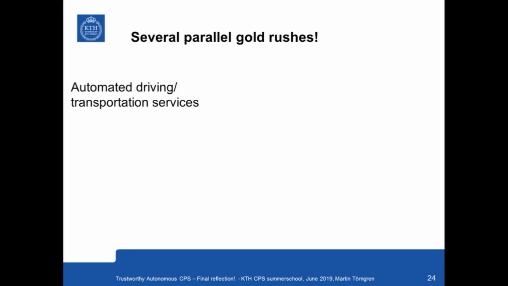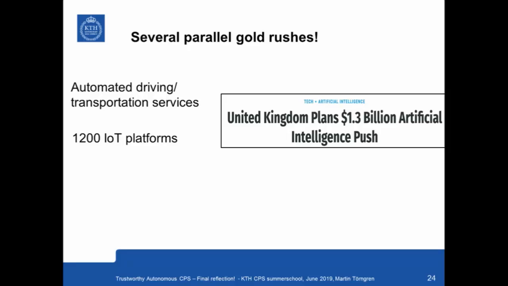Okay, and then I usually make the analogy with gold rushes. So there's a lot of market-driven developments. It's very noticeable in automated driving. Billions are flowing all around the place. It's really a modern gold rush. Someone told me at the European Commission that there are no more than 1,000 IoT, Internet of Things platforms. And why? Well, I think that's another gold rush. So the people think that we can make a lot of money. We will provide the platform. And of course, in AI, we see similar things.